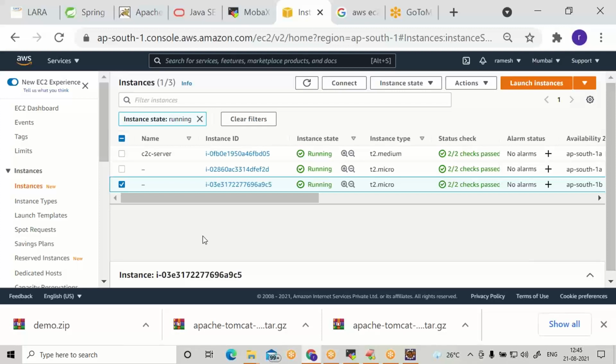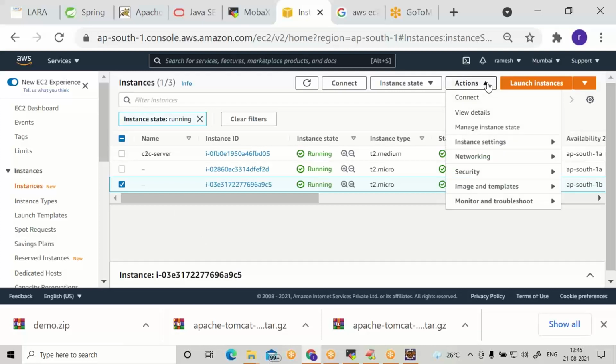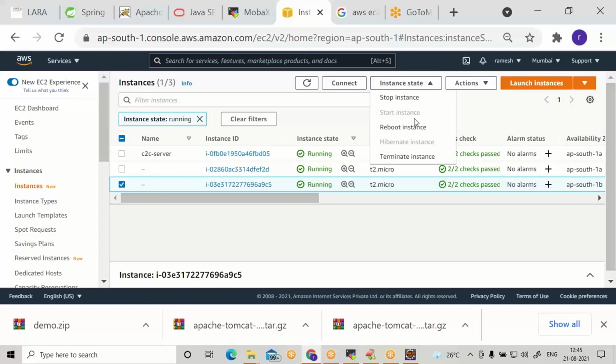Then under instance state, go for reboot. If you reboot the instance, whatever servers are running inside that instance, all will be stopped. Not only Tomcat, any server running in the EC2 instance will be stopped. First select your instance, then go to reboot.